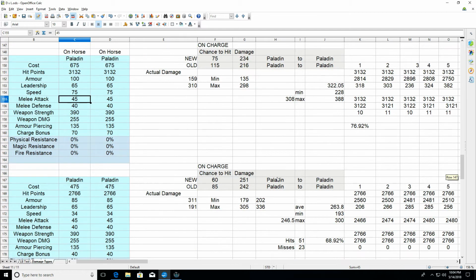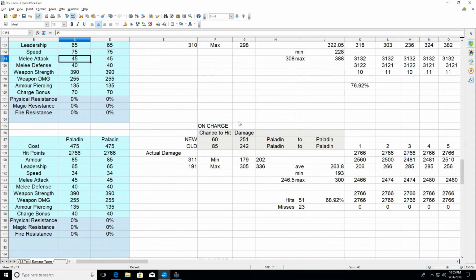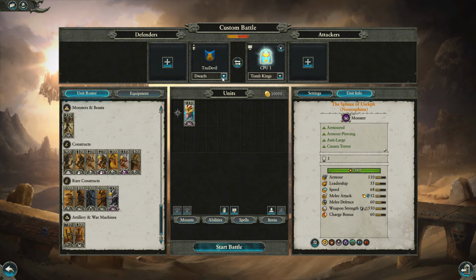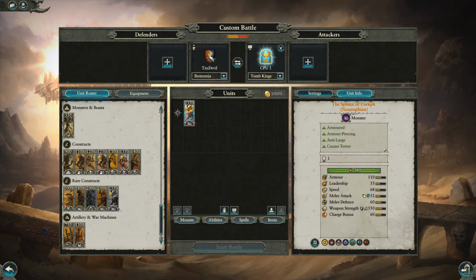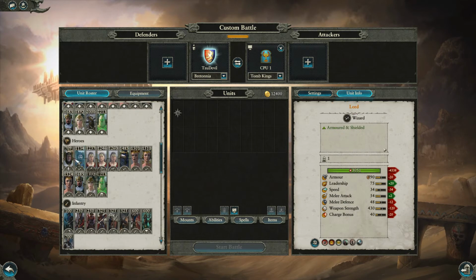So we'll go and take a look. I started with Paladin on a horse, and then my numbers started to come out very strange. And so I'm going to go over that data at some other point. So then I just took Paladins on foot. So Paladin is actually a decent unit to look at. So if we go and get Bretonnia, okay, and we grab a Paladin,